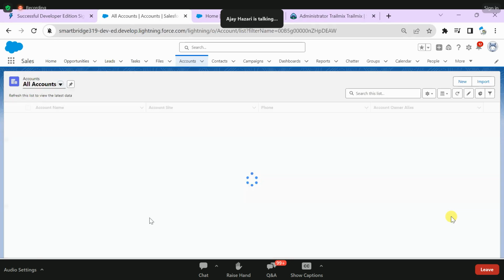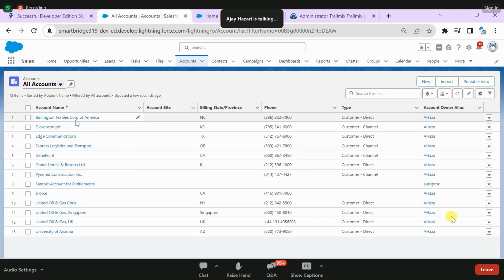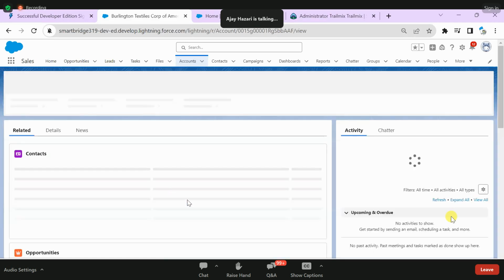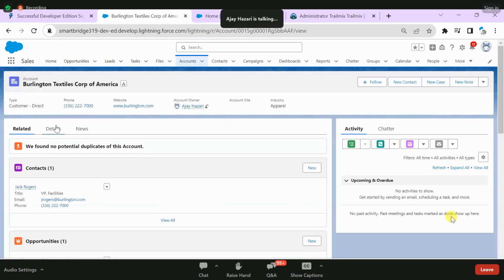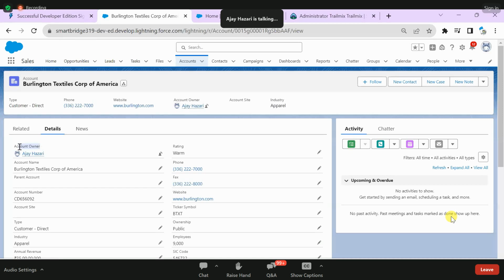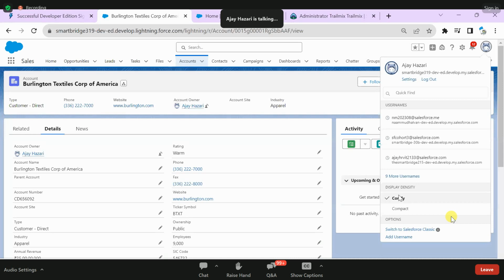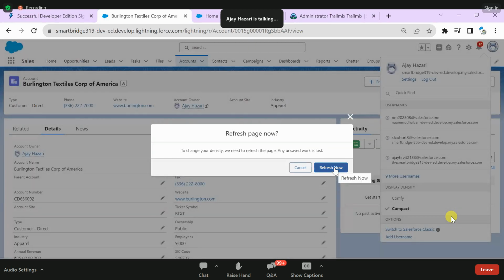So let me see all. These are some records. When I open this record and go to details, you can see the account owner and the answer, the value of that particular field, is given downside. That is in comfy density. When I change it to compact and click on refresh,